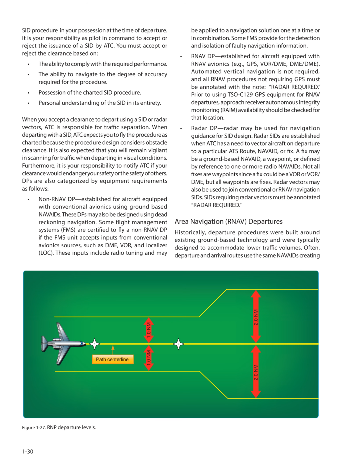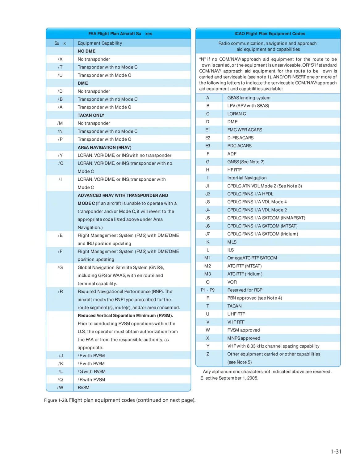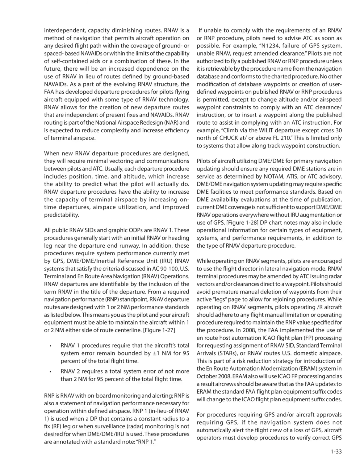annotated radar required. Area navigation, RNAV, departures. Historically, departure procedures were built around existing ground-based technology and were typically designed to accommodate lower traffic volumes. Often, departure and arrival routes use the same navaids, creating interdependent, capacity-diminishing routes. RNAV is a method of navigation that permits aircraft operation on any desired flight path within the